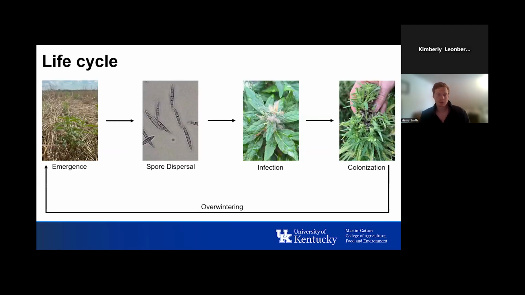So now I'll talk a little bit about the life cycle of Fusarium and this disease. To start, the fungus overwinters on crop residue from the previous season or also on its weedy hosts in the margins of the fields. And then in the spring, when temperatures reach about 60 degrees Fahrenheit, the fungus will emerge from the residues left on the field or the weedy hosts, and it will produce spores,